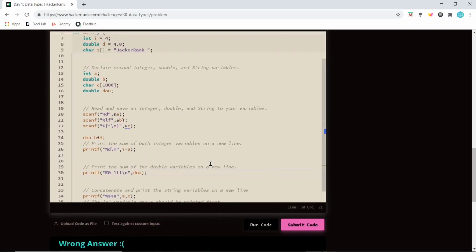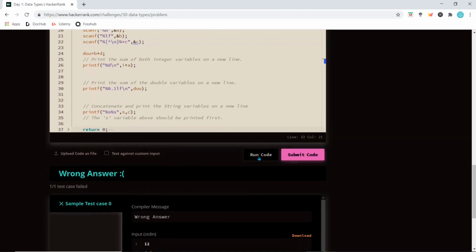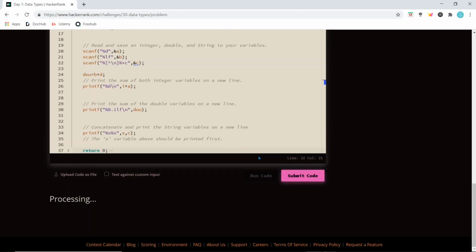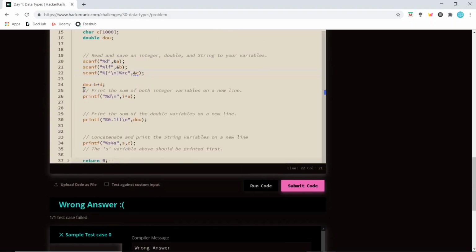Let's check what is the problem with the third output. So this one is %s, this one is again %s, and s is HackerRank, c is 1000, c is scanf. This is giving us a problem, so we'll write %*c. Let's see if this solves the problem. This isn't clear yet.